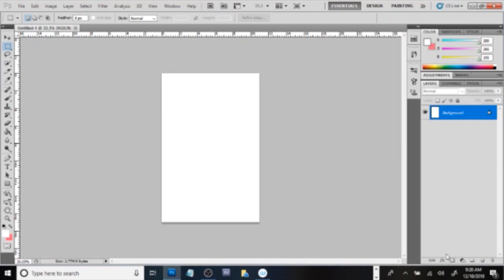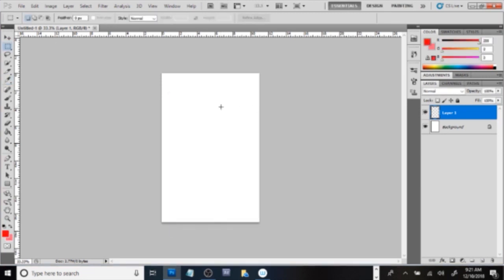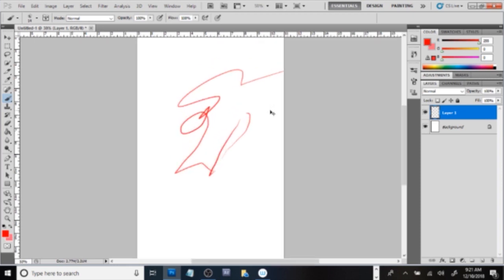And you come to Photoshop, click on new layer. You're going to choose your color, any one. Come up to, you can come up to your brush tool. And see, you can now use the pen tool